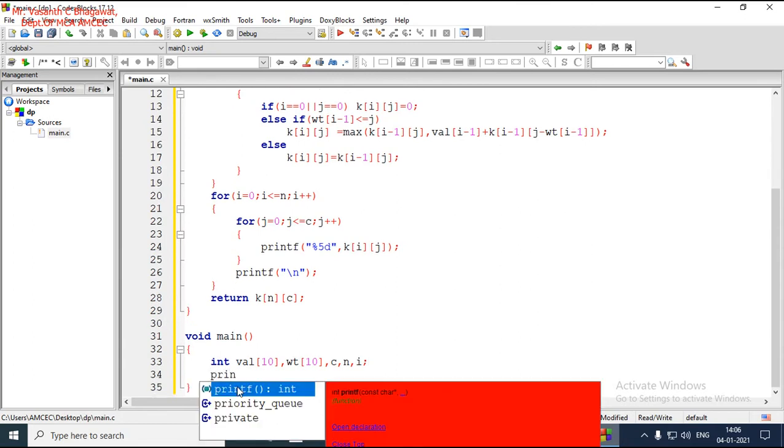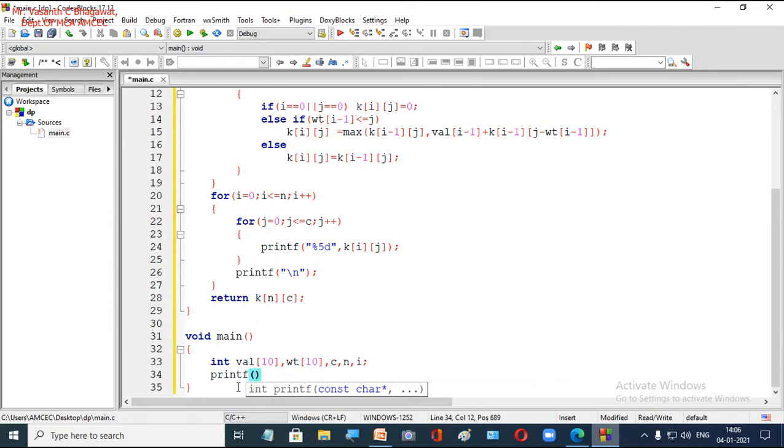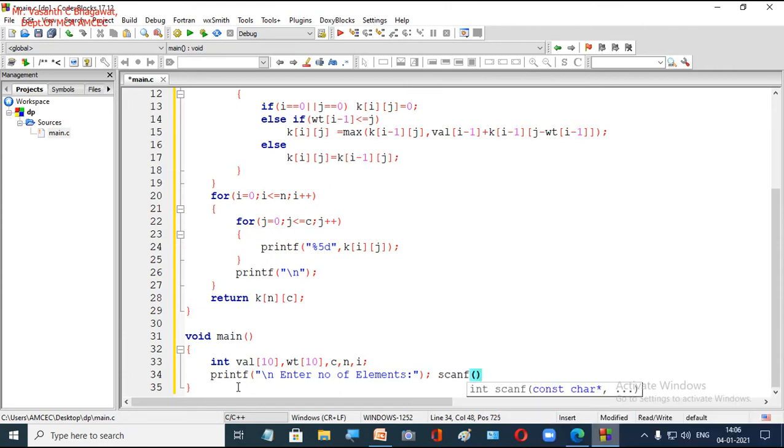Now we are going to accept all the details one by one from the keyboard. First, what you are going to accept: enter the number of elements for your problem. How many elements are given to us? So scanf, %d, comma, ampersand n.